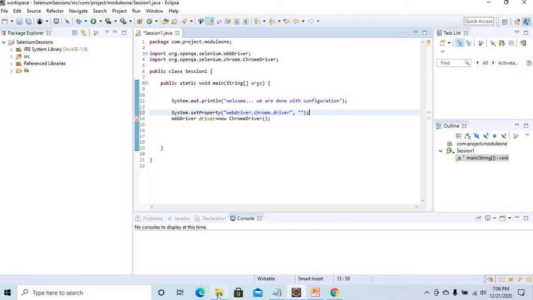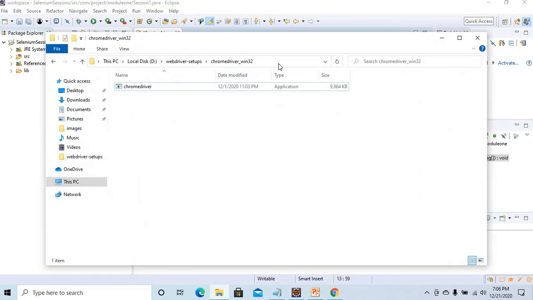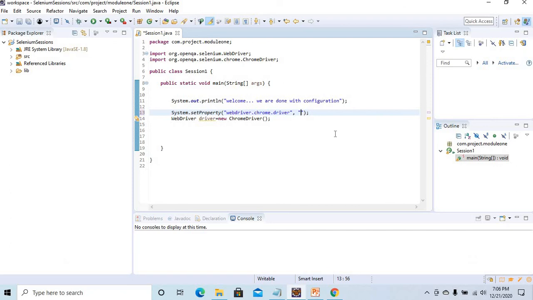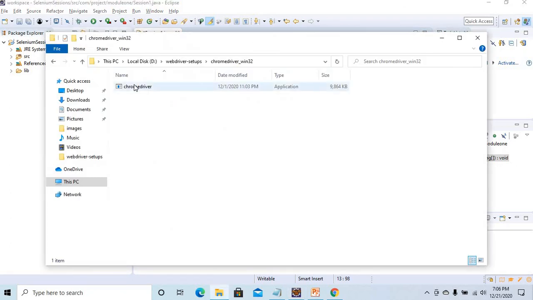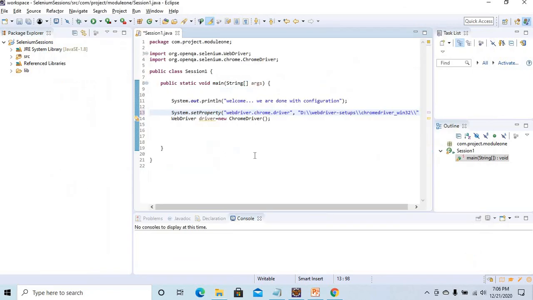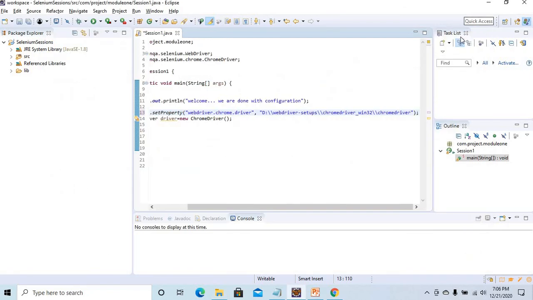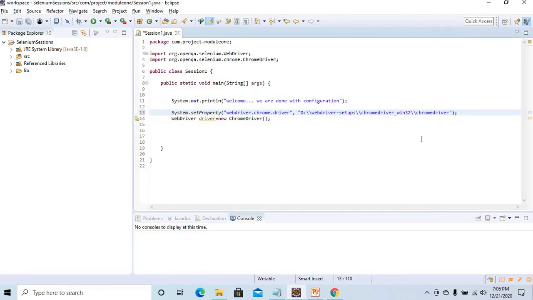In the next session I will explain how we can give relative locations. Let me close this. So chromedriver.exe. Good. Now I've given the location of the Chrome driver exe file, and I'm calling it to open a Chrome browser.